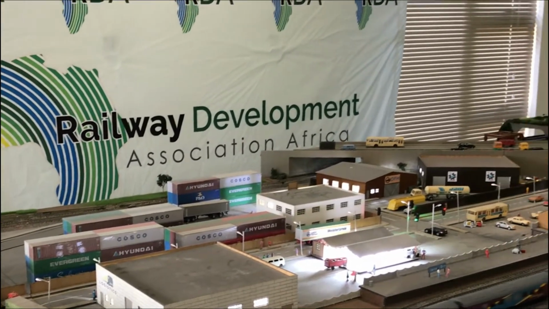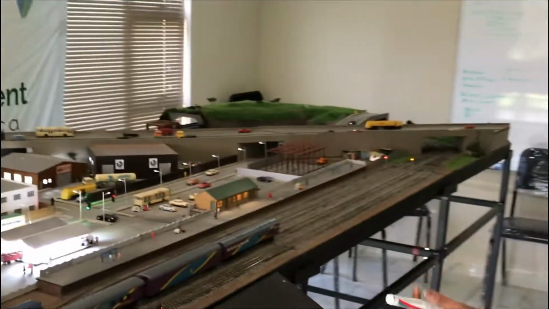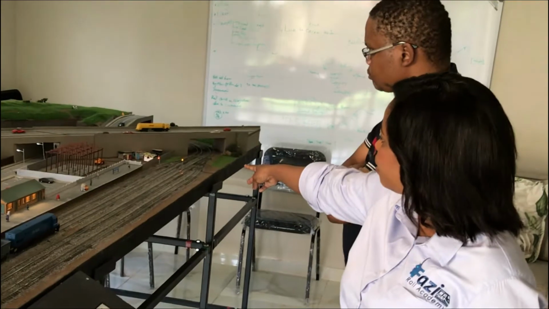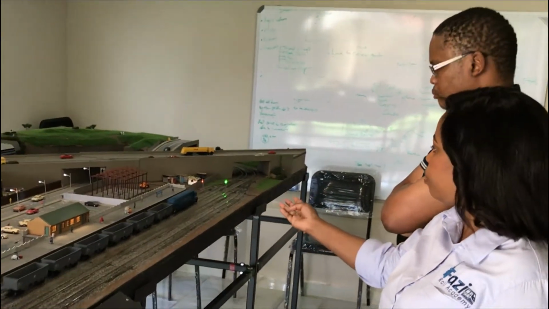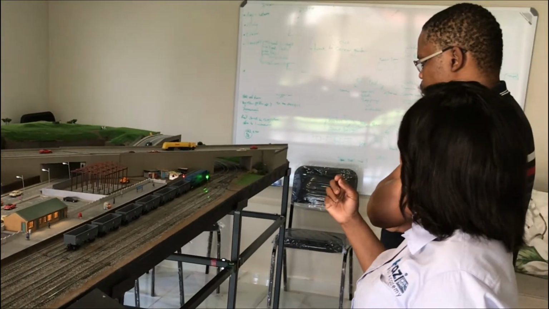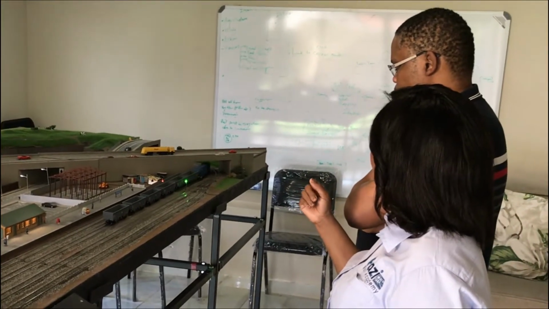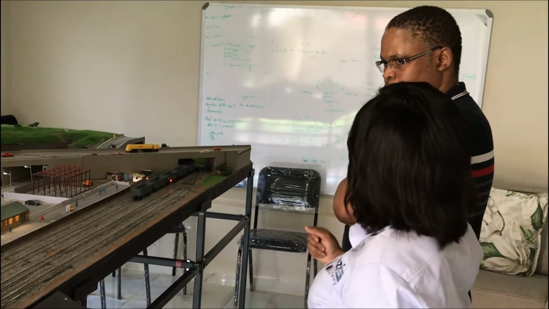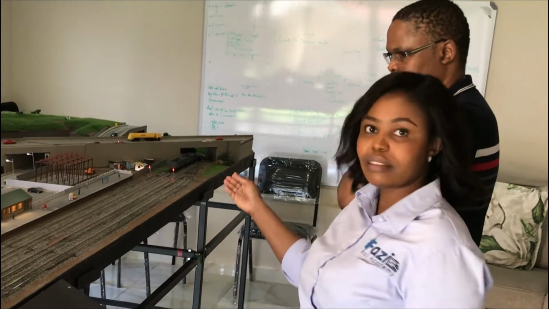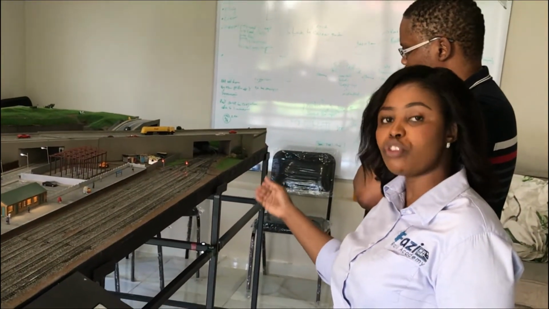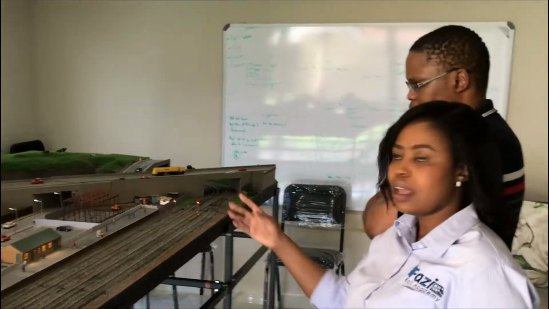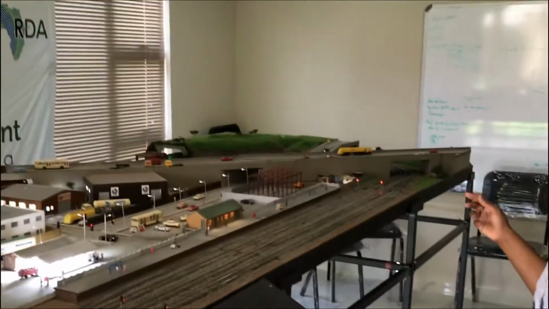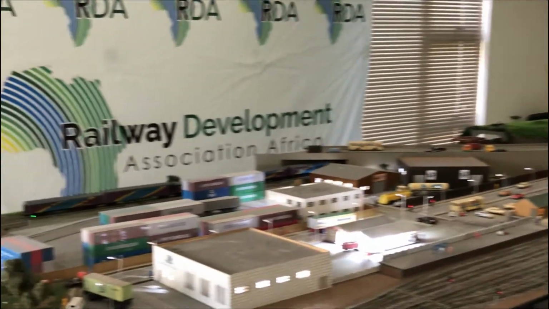So the learners would be taught what that means and why signals change like that. As you can see, the signal is yellow, and then as the train approaches, it turns green. That is also one of the signaling principles, what we call approach locking or approach calling of a signal. So it senses through the track circuits that the train is approaching, and then it changes its aspects from yellow